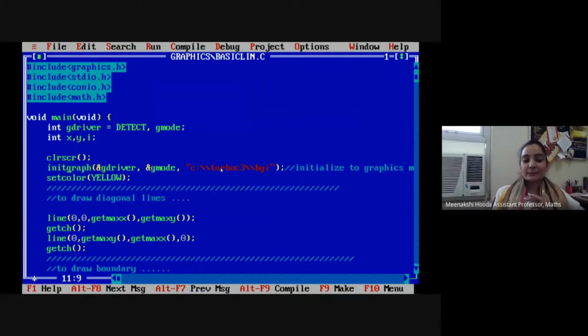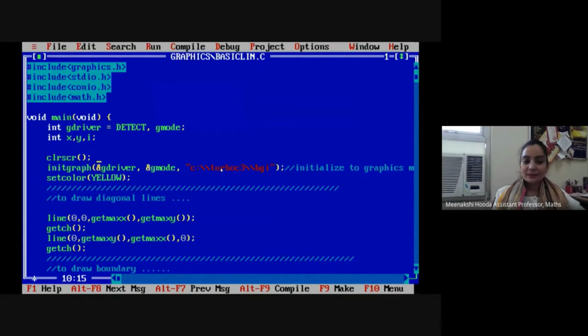Initgraph is the inbuilt function which takes three parameters. The first one is a pointer of int type, second is also a pointer of int type, and third is a pointer of the character type. In first, we pass the address of this gdriver variable, which is related to the graphics driver.